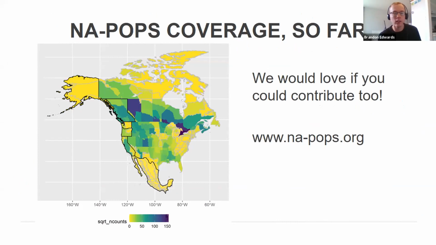And I've highlighted some bolded regions on this map where we either are expecting data that we have coming in soon, or such as the case of Mexico, regions that we hope to expand into with this program. And in particular, we know of the Paralis program that is doing excellent work in that region. And it's a program that we hope to reach out to soon. And if anybody in this audience has data for any of these really light colored regions, we would love to hear from you if you'd be interested in contributing.